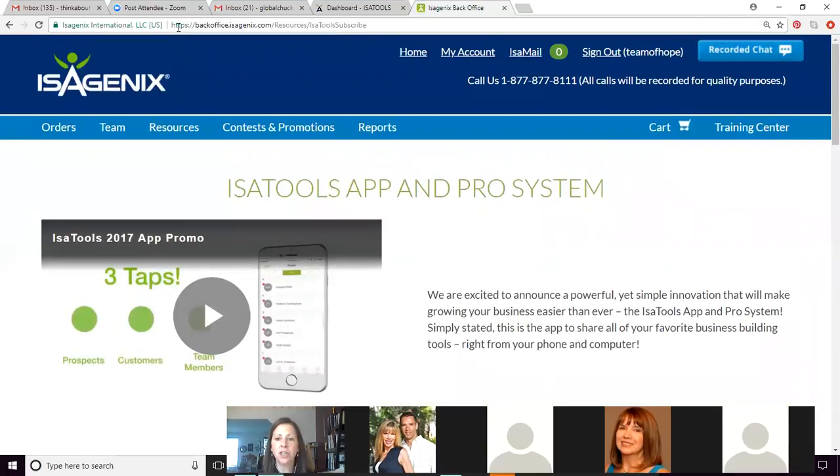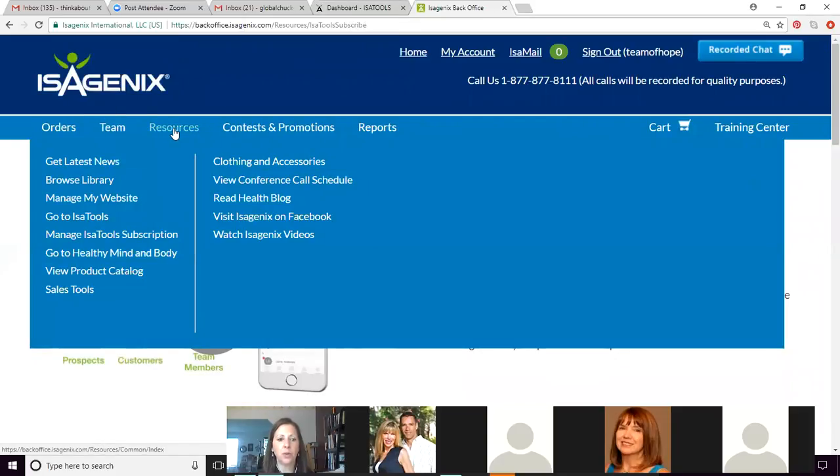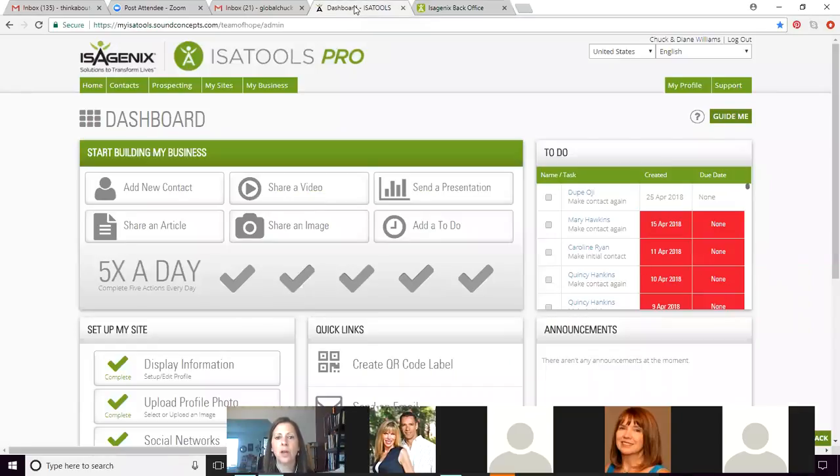So once you do have your system and you purchase it, you can either log in from your back office under resources. You would just go to IsaTools. That takes you directly to your IsaTools back office. You will have to log in, but as I was saying, when I first got involved with the IsaTools, I thought that the only lesson that I was going to get was from this guide me button. And what that does is pretty much just walks you through your whole dashboard right here, telling you in just little short snippets what these tabs are about, what this tab is about, how you can do